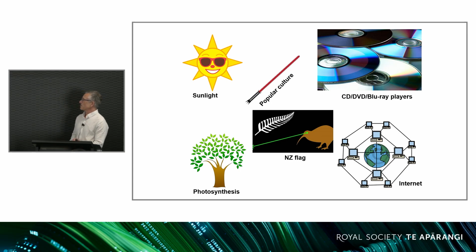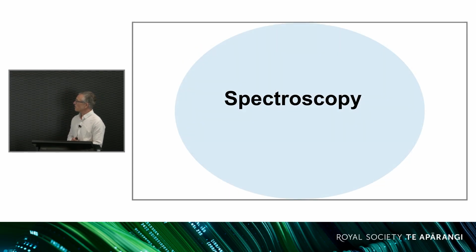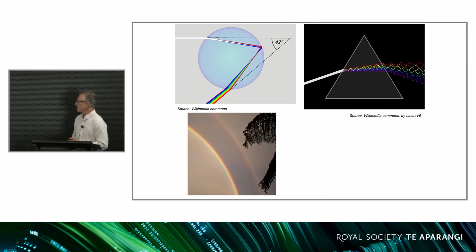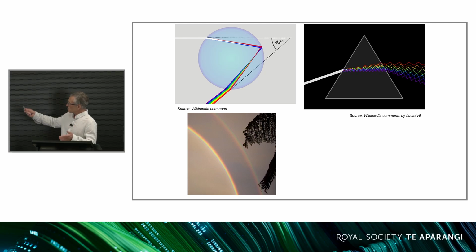When you work in science, in general, typically you interact with light through spectroscopy, which is essentially how you analyze light to understand its properties, but mostly how it will interact with materials. And you must be familiar with some of those aspects of spectroscopy. Spectroscopy is about understanding the spectral component of light, colors, and you can do that using a droplet of water. You can do that using a prism.